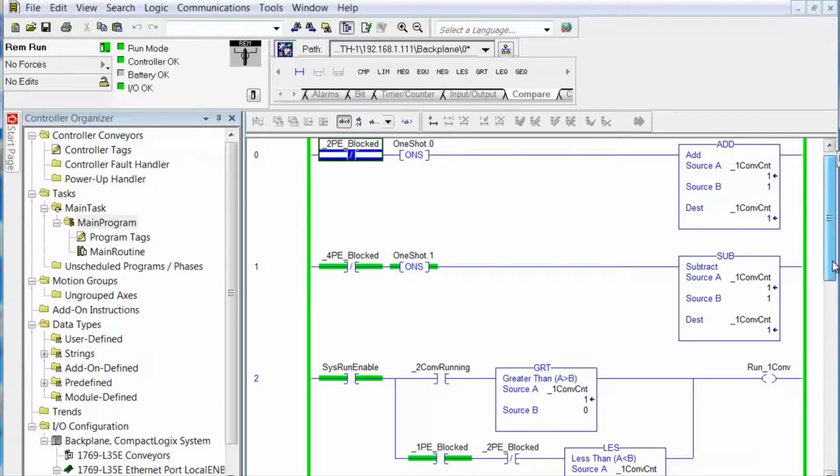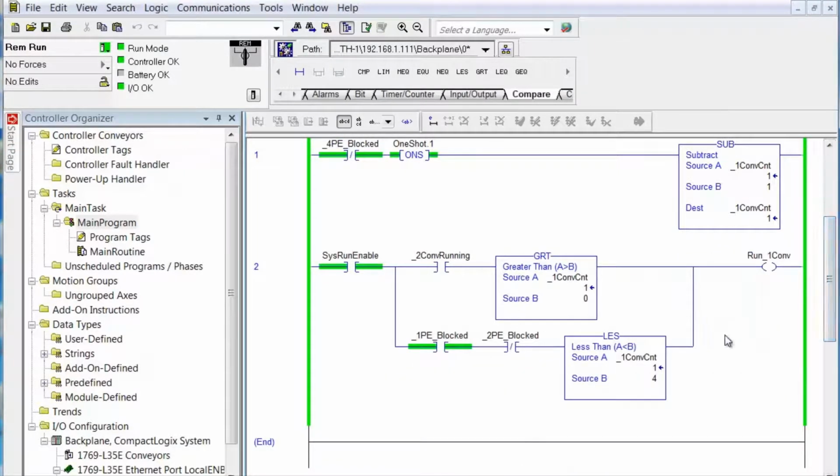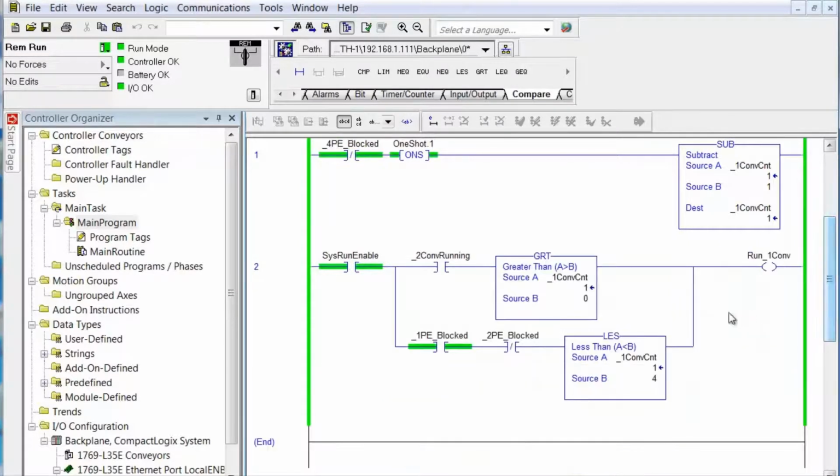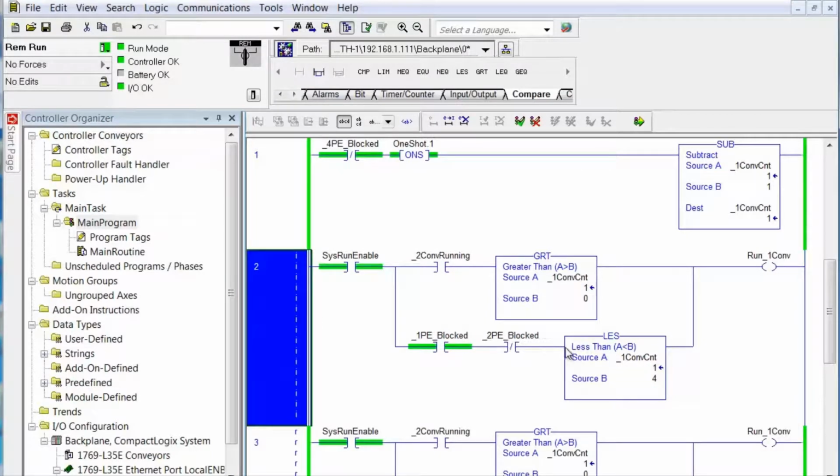So let's look at our code. This is all we're concerned about, is this rung right here. Now, we want to run one conveyor if there's a carton available and the count is less than 4. And we know that it's not going to count up, increment this number until it clears the second photo eye. So if we go down here and we put that rung in the edit mode,